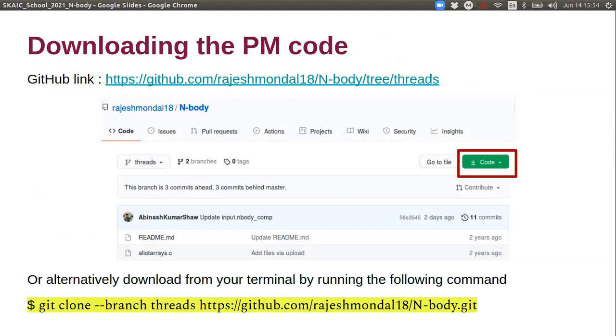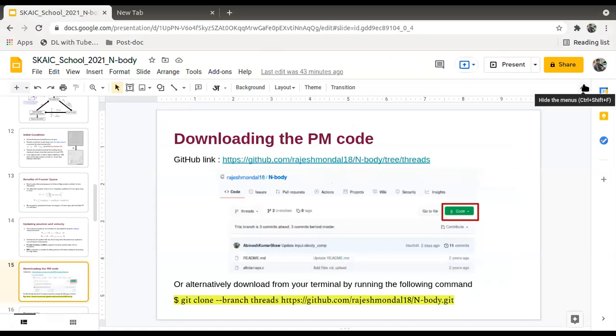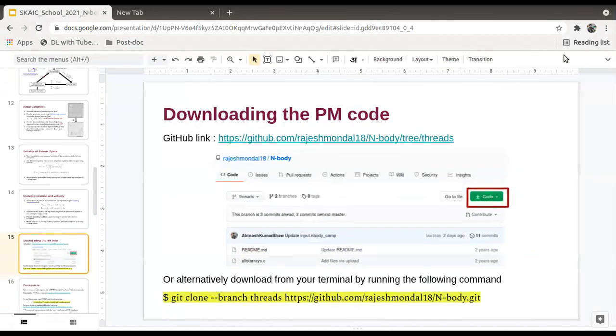Okay, so that is all about the working of the code. Now I will go straight to the code. The code is publicly available on GitHub, and you can use this link to download the code from there. I will show you how to download. So let me break the PPT here, go step by step. Okay, let me share my full screen first.